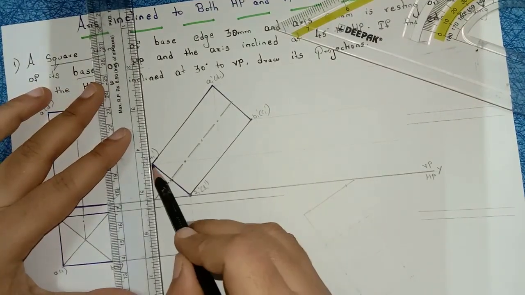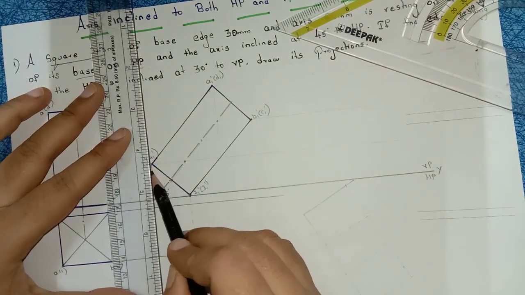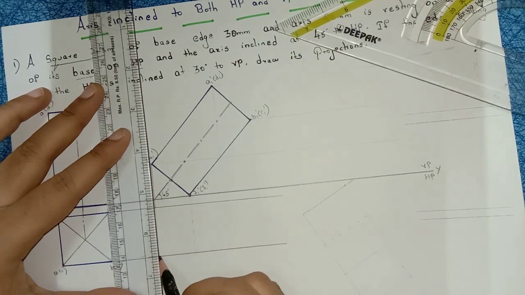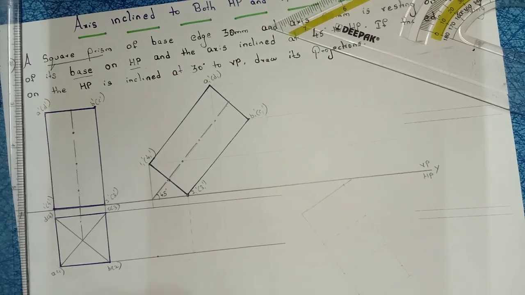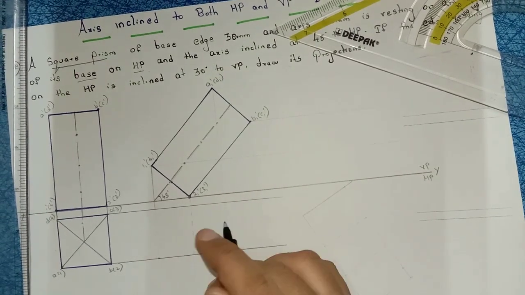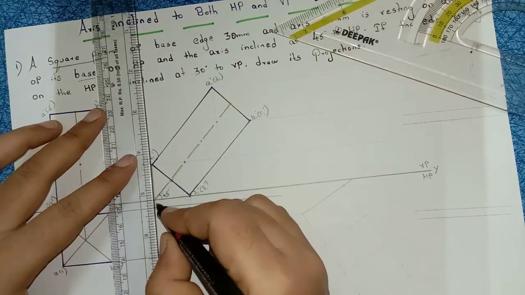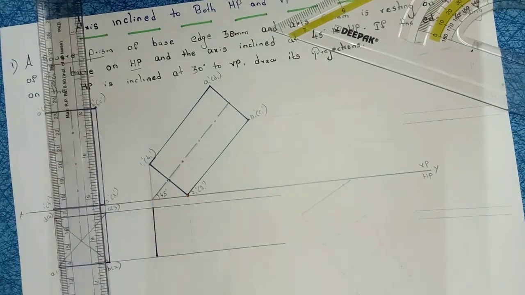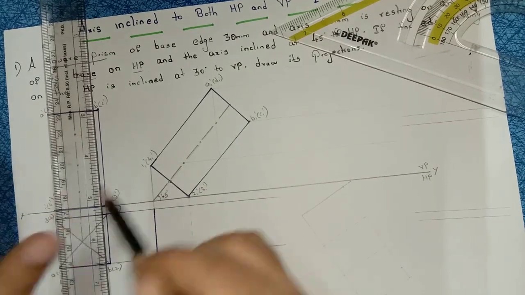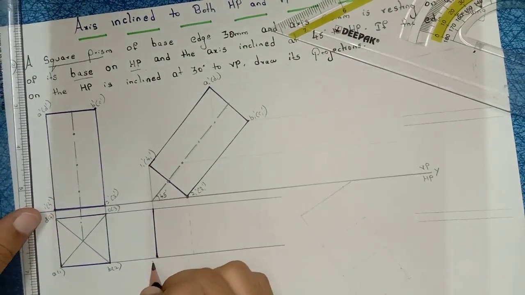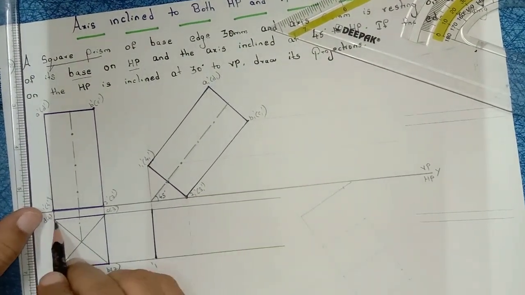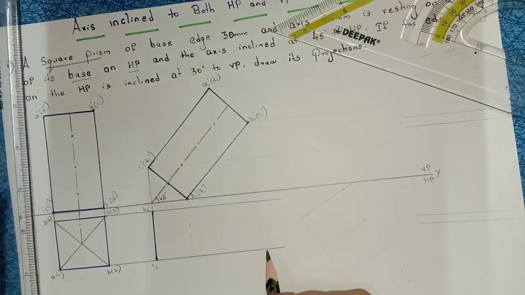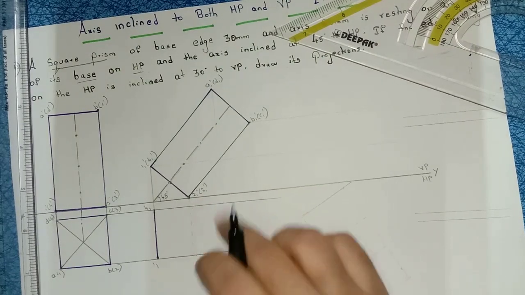From 1 I will draw a line. Right, so till first point. Till first point. See, till first point. Right, so this is the first point. I am writing here 1 of 1. This is the fourth point, 4 to 4. I am writing here 4 of 1. Right, after that 2 and 3.